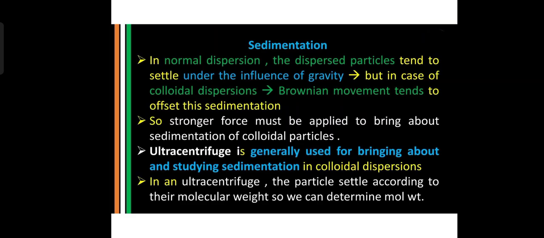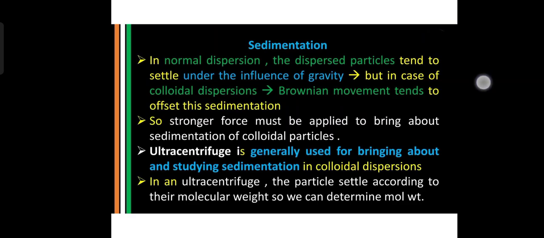As of now, just understand the point that under the influence of gravity, the dispersed phase comes downward and makes a hard cake or floccules. That is the sedimentation process, and it is obviously not desirable because it is an indication of instability. But you can see what is written here: in normal dispersion the dispersed particles tend to settle under the influence of gravity, but in colloidal dispersion the Brownian movement tends to offset the